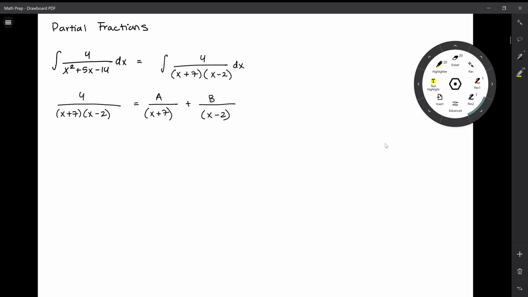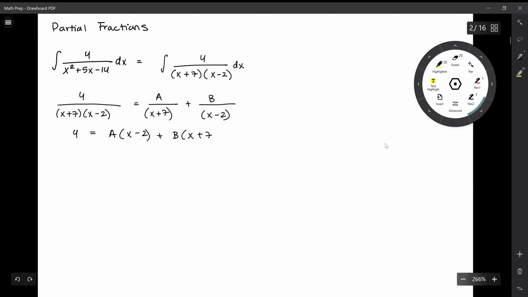Now we need to figure out what A is and what B is in order to add these to become this. So what we can do is multiply x plus 7 times x minus 2 to both sides so there are only numerators. So we'll have 4 equals A times, the x plus 7's cancel out like this, and then we'll have B